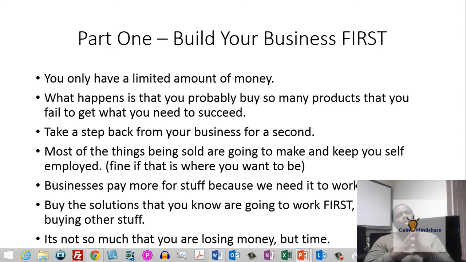Now, when you're not building your business and you're buying things that are going to set you back, it's not a matter of you losing money. Like I said, information products are cheap. They don't cost a lot of money. It's the time that it's taking. It's the time that you take to study this new course. It's the time that you take away from something that you were working on. It's the time that you could have been putting into learning something that will help you overcome a hurdle, in order to set yourself apart, in order to become unique in your marketplace. All of those things really matter in terms of building a business.